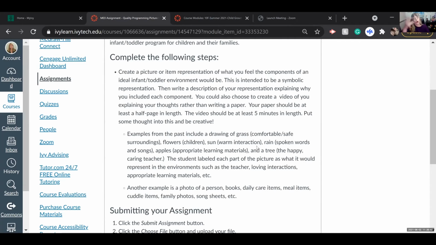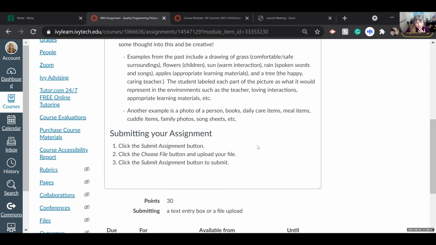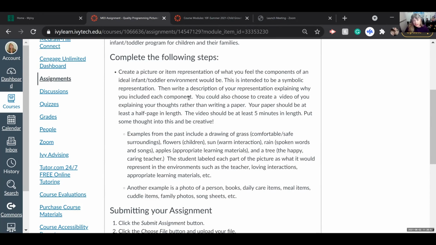So making sure that all of those pieces are included in there. And I have some samples here of things that have been used in the past, but just so that you are aware, they're not really drawing out the environment itself. It's a representation of other things that they think